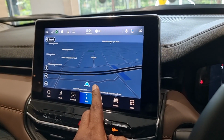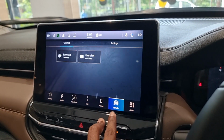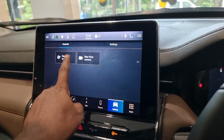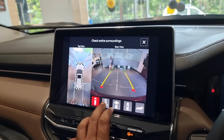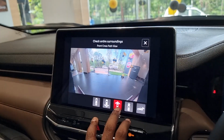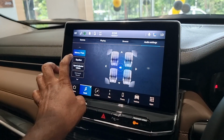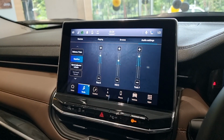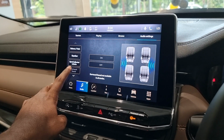The navigation is really good on this, and then you have the vehicle settings, the all-round camera. Here you have different views for the 360-degree camera. Get into audio settings. Here you have the equalizer, you have 3-band equalizer and speed adjusted volumes, surround sound system that can be turned